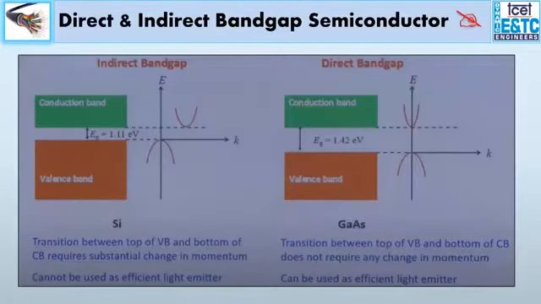So this is the diagram which I was explaining for the direct and the indirect. If this is an indirect semiconductor, as you can clearly see, the maximum of the valence band and the minimum of the conduction band are at different momentum. Therefore, for a recombination to happen, the carrier has to change its momentum, lose energy, and that results in the release of a third particle. Such recombinations are always non-radiative in nature, whereas in direct recombination, they are radiative, meaning release of light energy.